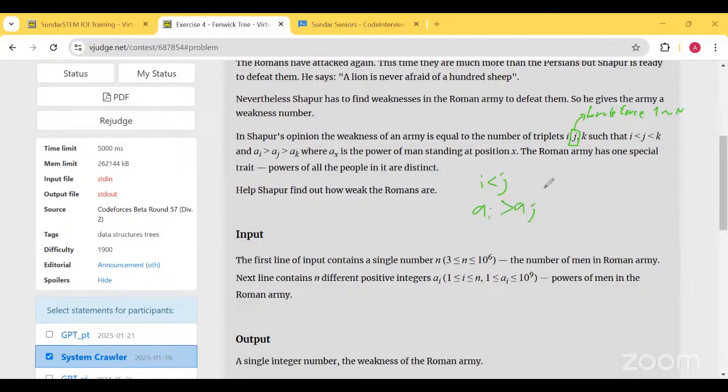And you know, this value, the value of J and AJ is constant since we did brute force. All right. So how to do that? So at first, let's